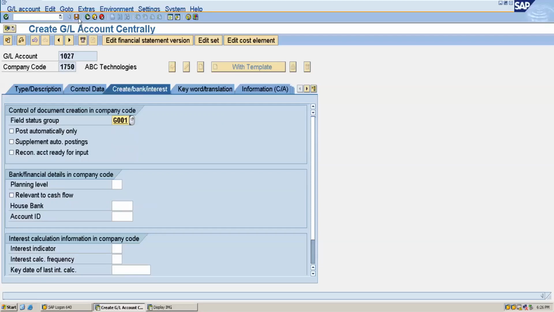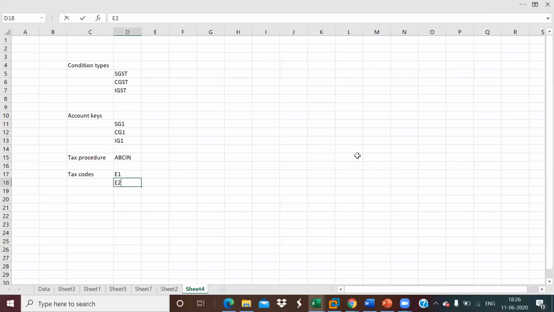After this I will save this. Okay, so we have maintained the GL accounts, which is 1025 for SGST, 1026 for CGST, and 1027 for IGST. Okay,